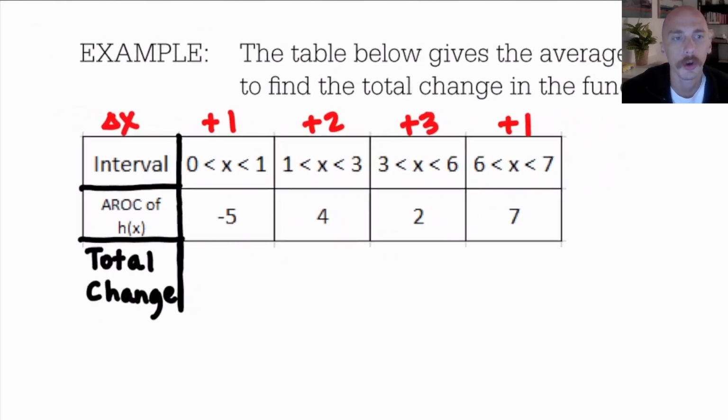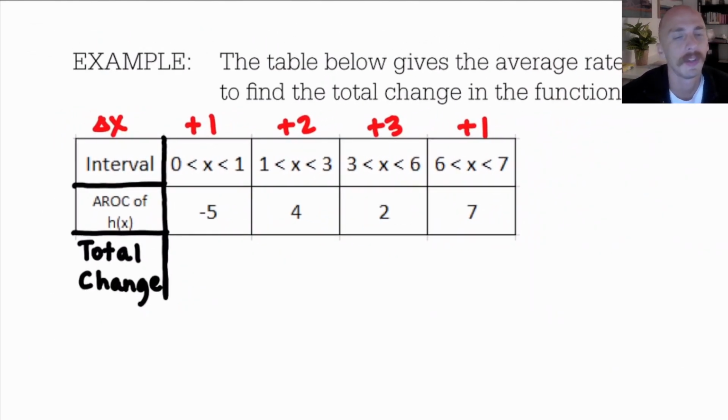And then the total change: if I went from x equals 0 to x equals 1, with an average rate of change of -5, that's decreasing 5 y's per x, which was part of why I was introducing that language. I would say here that the total change is -5. And then on the next one, if I increased 4 y's per x, 4 times 2 would be +8. But in case you don't believe me, I'm going to bring in a little bit of algebra